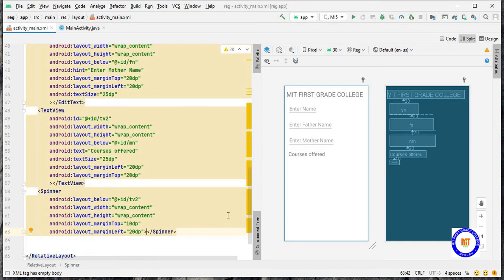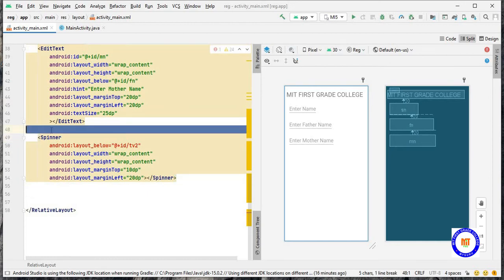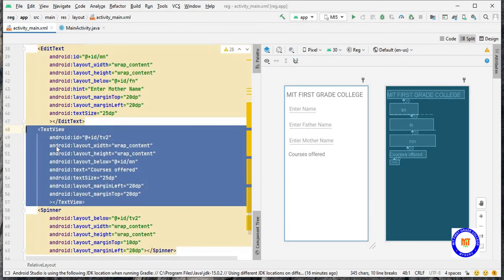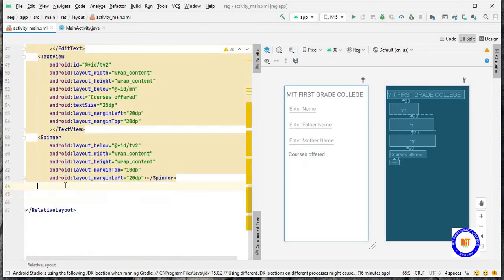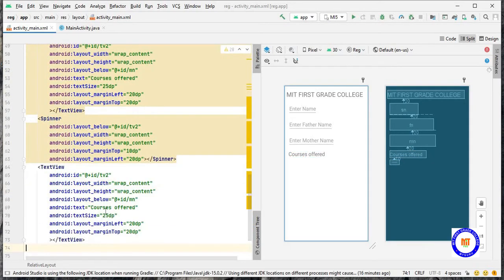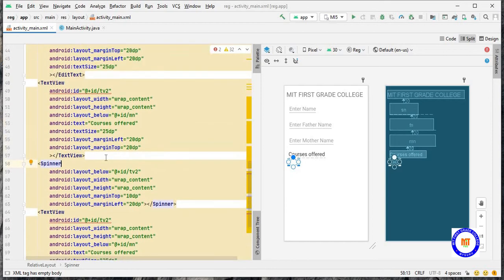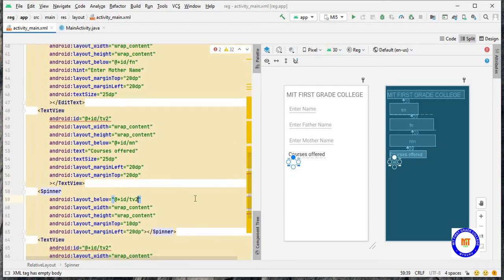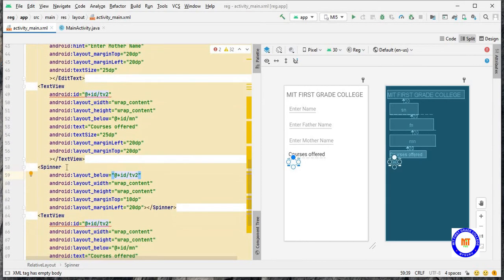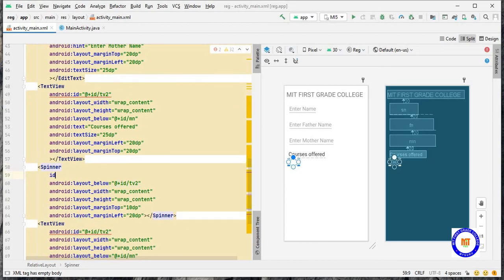Below this, we'll take a radio button to show the gender. For that, we'll take one more text view. You can just copy this and paste it below spinner. Change the ID. First you have to give the ID for the spinner.